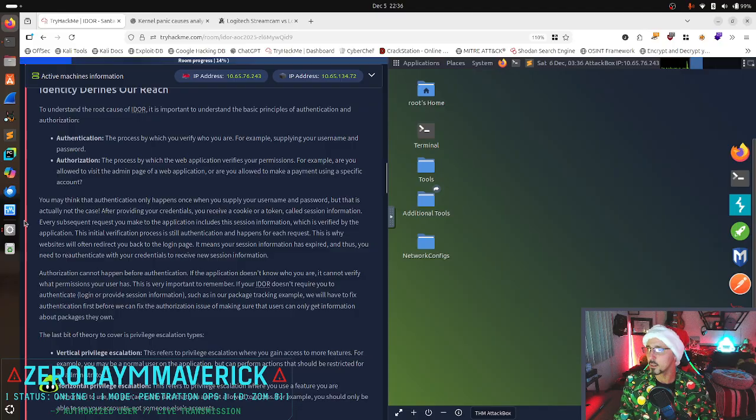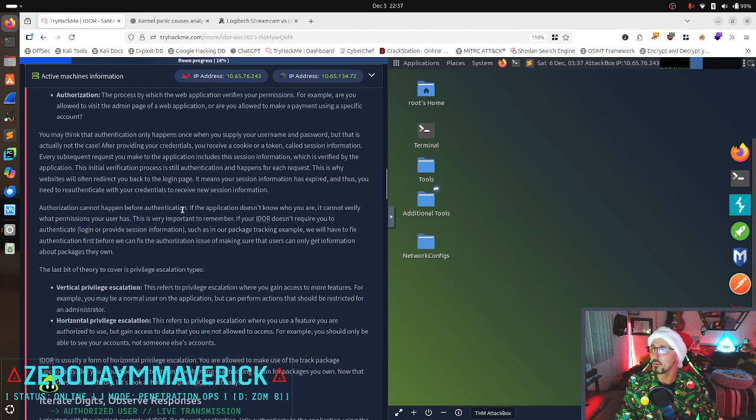Every subsequent request you make to the application includes the session information, which is verified by the application. The initial verification process is still authentication, and it happens for each request. This is why websites will often redirect you to a login page. It means that your session information has expired, and thus you need to re-authenticate with your credentials to receive new session information.